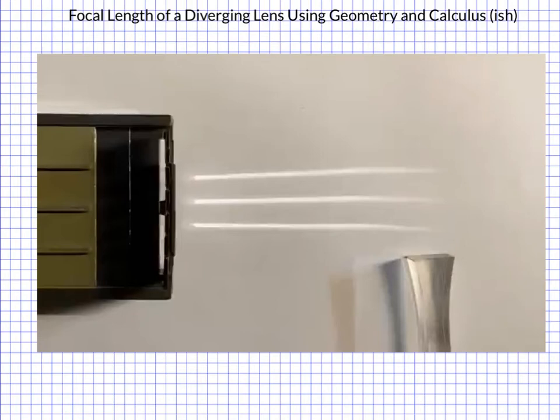Hello everyone, today we're going to do an experiment. We're going to use an old school ray box like I have here, which is producing 3 parallel lines. Okay, so they're not quite parallel, but that's some measurement error. We'll talk about that later on, but imagine they are parallel. We're going to treat this middle one to be the principal axis, and then this one and this one will be parallel. We'll put it through a diverging lens, and then we'll use some geometry and some calculus to work